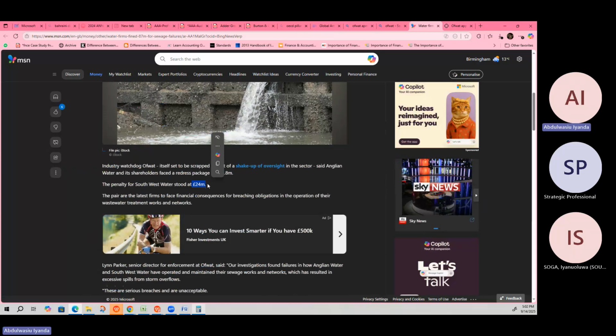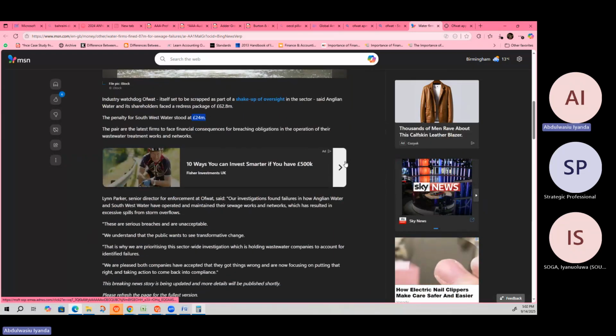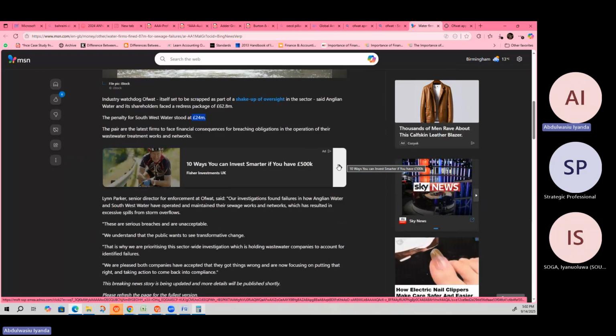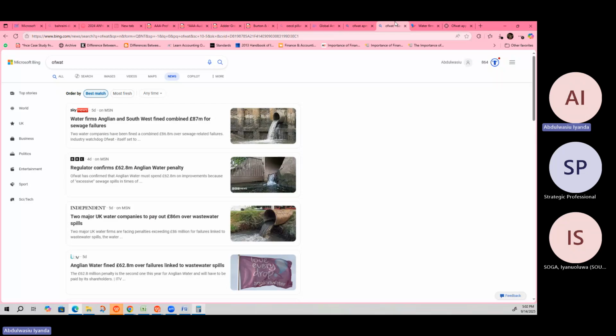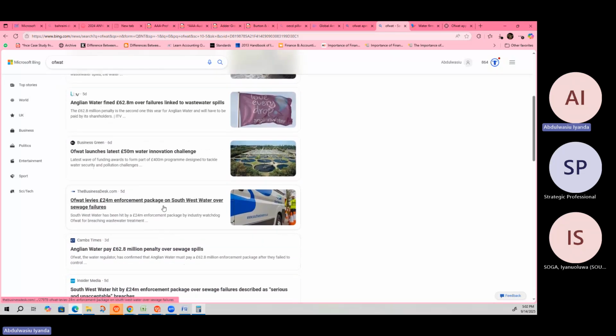So for the regulators to say that you should do this, it means there's non-compliance. So the first thing as the auditor is to understand the nature and the circumstances of it. What led to it? That's why when we are going for an audit, these are some of the things we need to understand. Who is the regulator? Let's say, this is Anglian Water, I know that Ofwat is their regulator. So the next thing is to read about the industry.